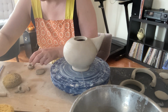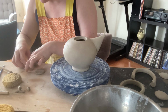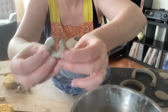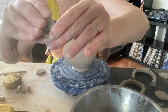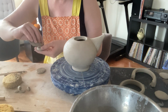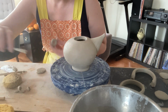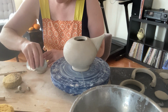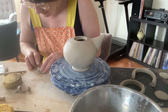I'm going to cut the ends of the coil so that they can meet each other and be a perfect circle instead of the looser one. I cut that, and I'm going to stick it together so that it makes a perfect circle, because if I just ripped it, it would not be a perfect circle. All right, and I'm going to get some slip involved and try to center that there, and lightly